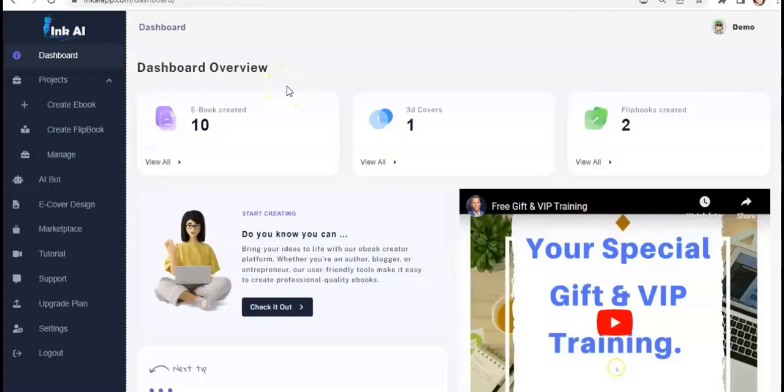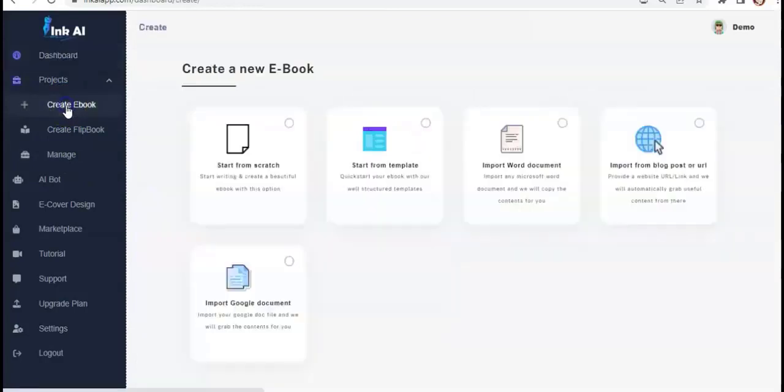So now, if you've been able to log in successfully to your Ink AI dashboard, this is exactly how it looks. And the first thing you have to do to create an ebook is to click on projects here. You click on projects and you're gonna have create ebook, create flipbook, manage, right? 3 other features subsumed on the project, right? So you have to click on create ebook first, and once you do that, you're gonna have these various features